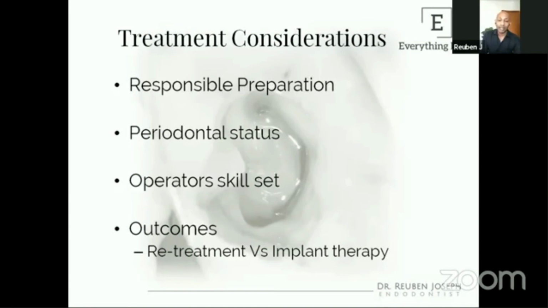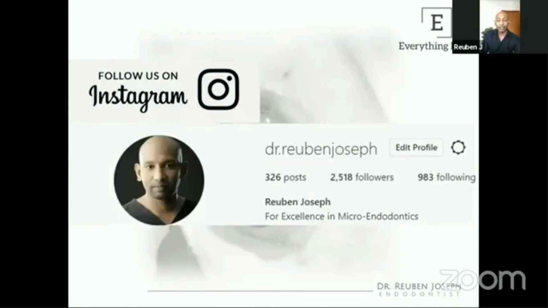On practical outcomes, again, we need to be good with our skill sets. And again, the next thing I would evaluate is when it's a retreatment, especially, would a retreatment work best for the patient, or would an implant therapy be a better option for the patient? So every tooth I can treat. When it comes to me for a retreatment, I don't treat them. So I take this decision on behalf of the patient and the referring dentist as well. So that's pretty much it.